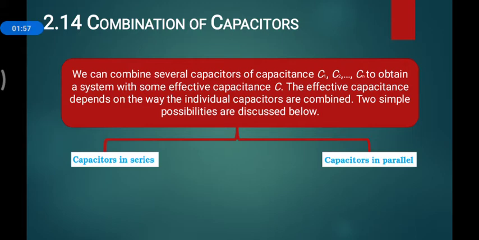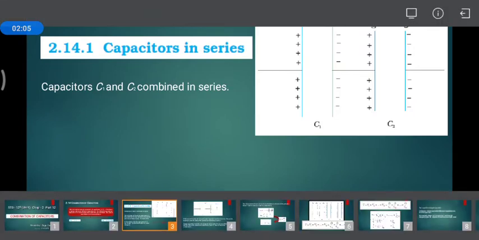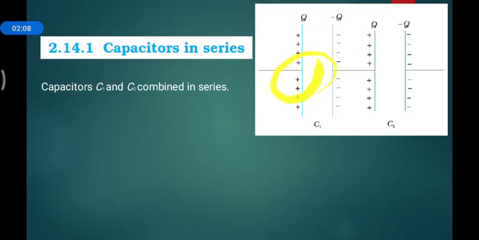So let's start without wasting time with capacitors in series. Suppose C1 and C2 are in series, which you can see here. One capacitor exists, another capacitor exists. This is one capacitor, this is the second capacitor, both joined by one line, so that the connections go positive negative, positive negative, positive negative and so on. If you want to join more, you can join them in this way. You can't join minus plus, plus minus, no, you have to join plus minus, plus minus, plus minus likewise.